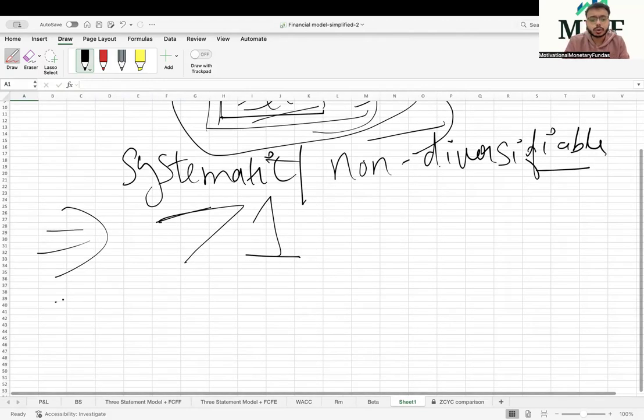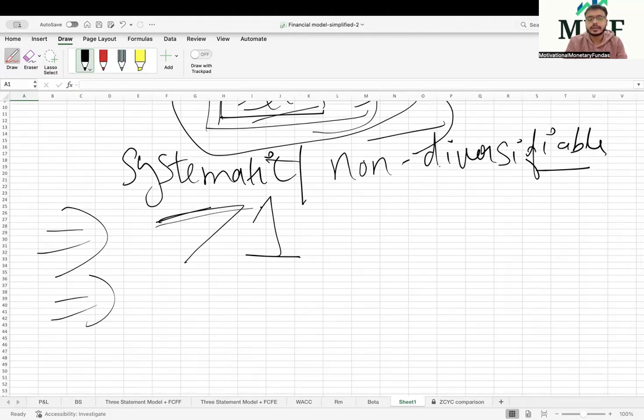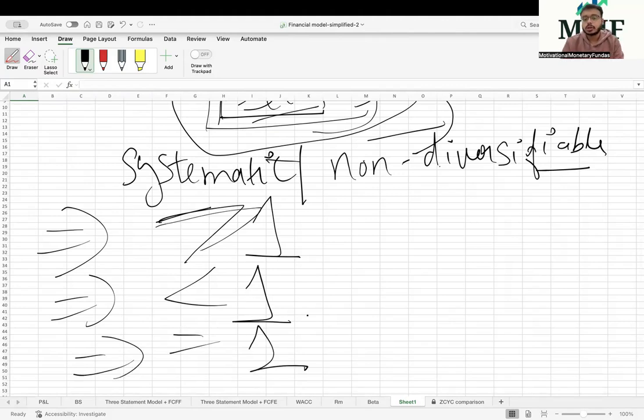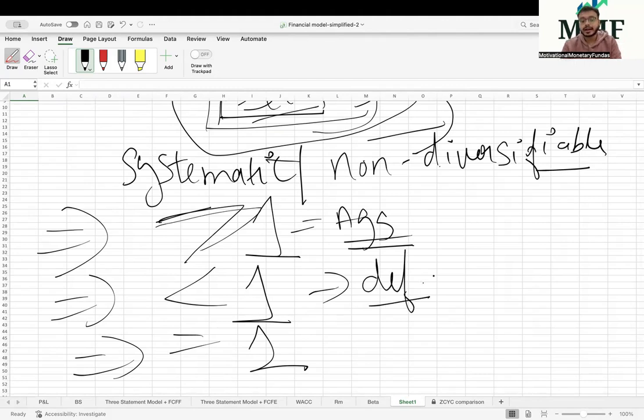Either there can be a scenario when the beta is greater than 1, there can be a scenario where the beta is less than 1, and there can be a scenario where the beta is equal to 1. So whenever I say when the beta is more than 1, it's a classic example of aggressive beta. It's called as aggressive beta. And when the beta is less than 1, it's called as defensive beta, right? So aggressive beta is something which can be good for a kind of a risk-taking investor, aggressive investor. Whereas a defensive beta might be good for a conservative investor or some kind of a neutral investor.